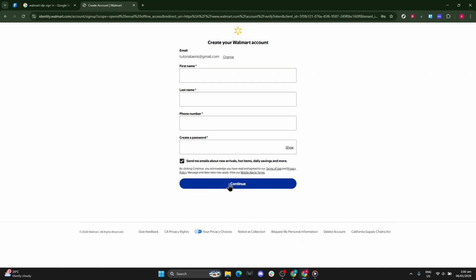You searched for the Walmart IDP sign-in page, opened the official link, waited for it to load, entered your user ID, set your country or region, added your location, and clicked sign in. Keep your information secure, and you'll be able to repeat this process quickly whenever